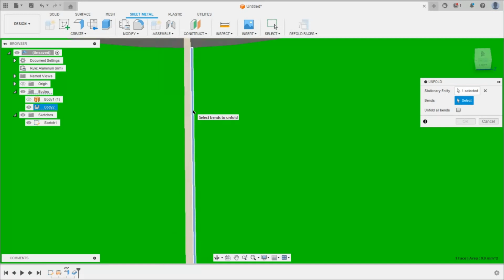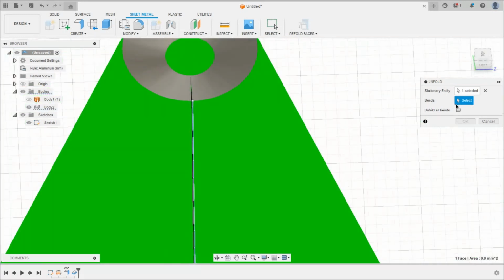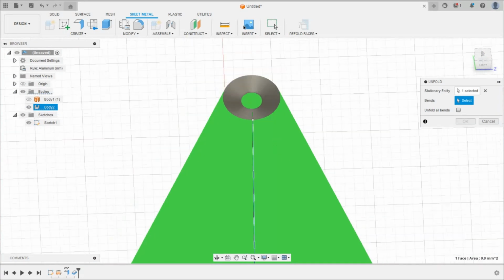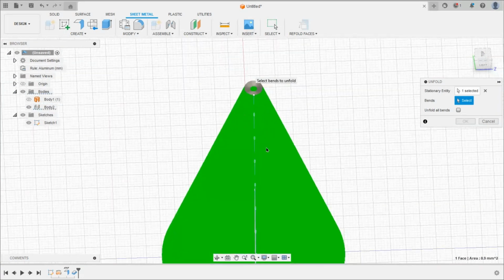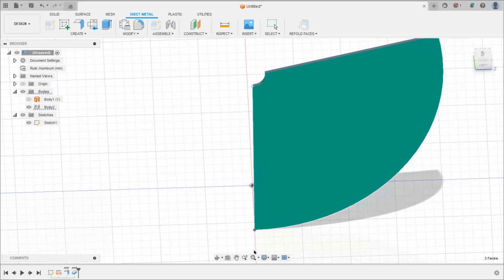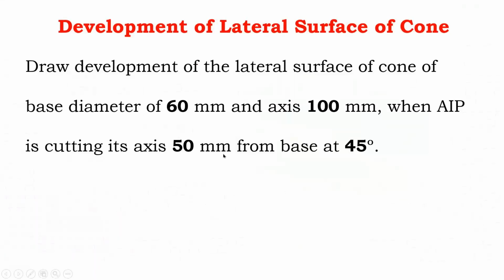Then we have to select bends. So here it is highlighted. So click on this curved surface. So it will be unfolded like this. So this is development of cone. Press on OK. Now according to problem, we have to draw the development of surface when auxiliary inclined plane cutting